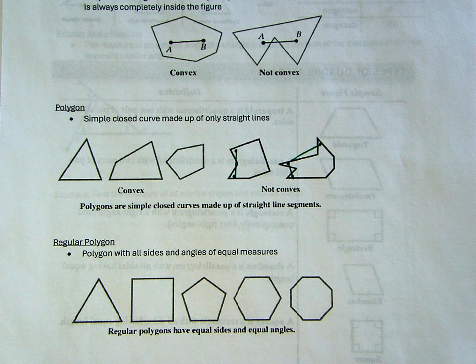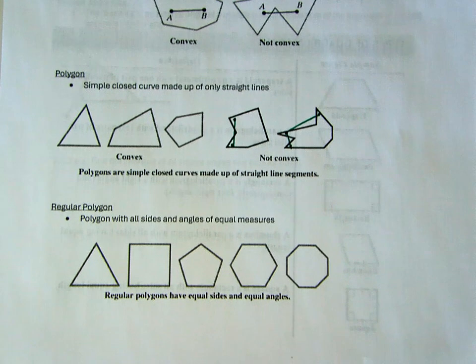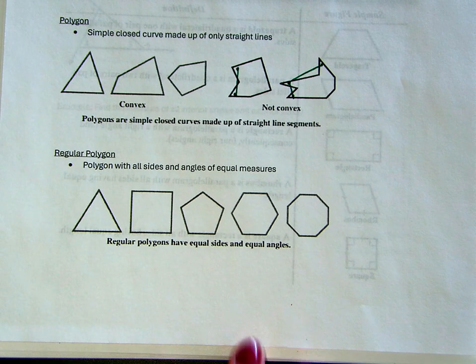We have another designation for regular polygons. These are the ones we usually like to play with. Regular polygons are polygons that all have the same side measures and angle measures. These are the quote-unquote nice ones. These are the ones that maybe back in a high school geometry class, if you had one, you had to